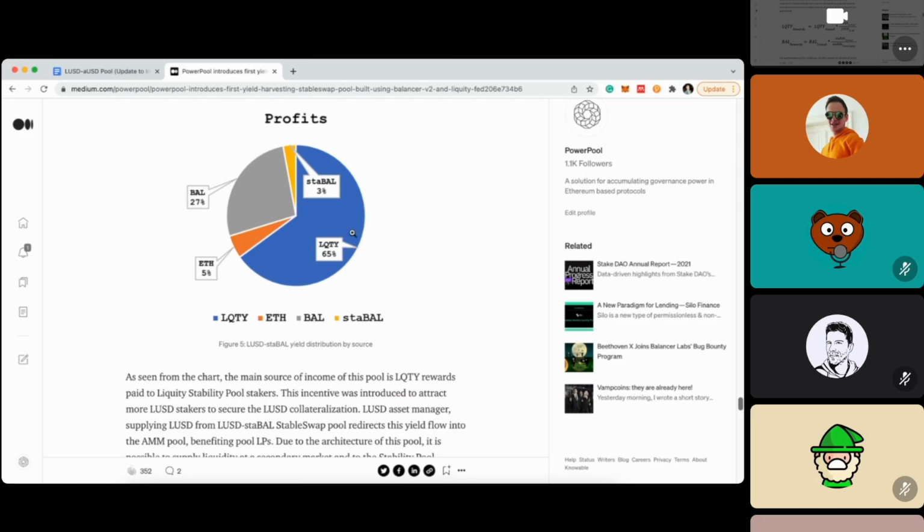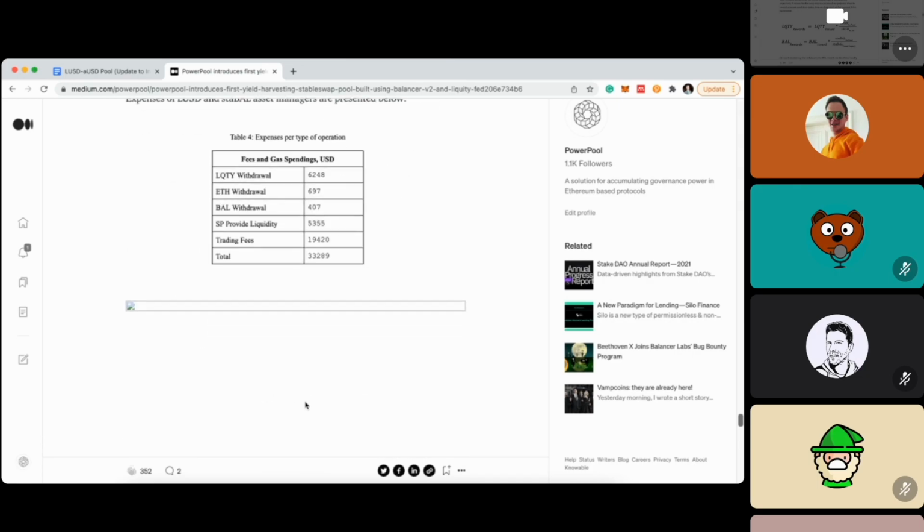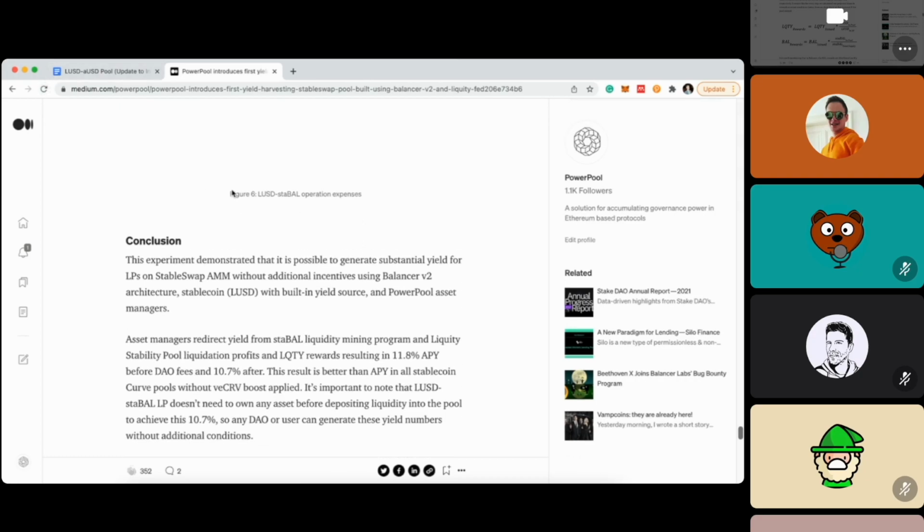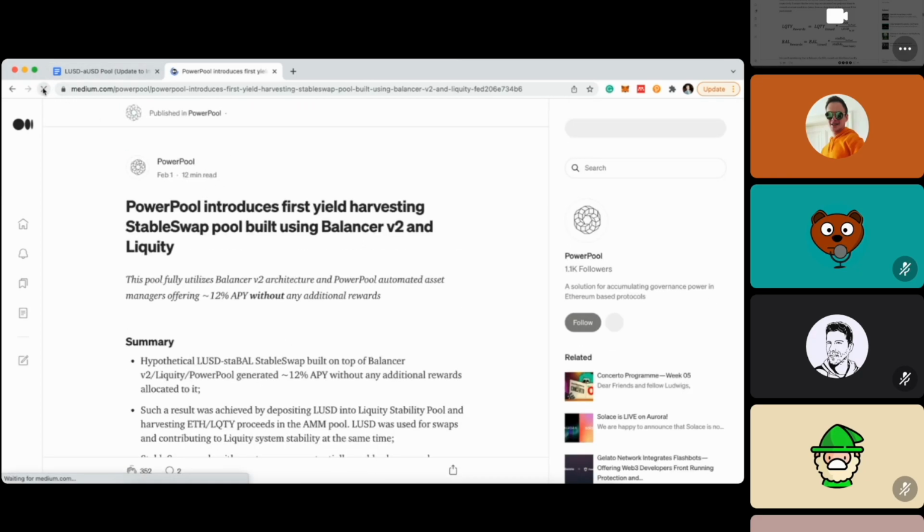So here we have profits, different sources of profits, and for this time period, the main source of profits was liquidity rewards. But it's not the same as during the whole year, because, for example, for the last 30 days there were massive liquidations in Liquity because the Ethereum price dropped a lot, so liquidation premiums were also a significant source of income. I will share it a little bit later. So this is gas spendings of the PowerPool DAO. It looks like some of the images are not loaded for some reason.